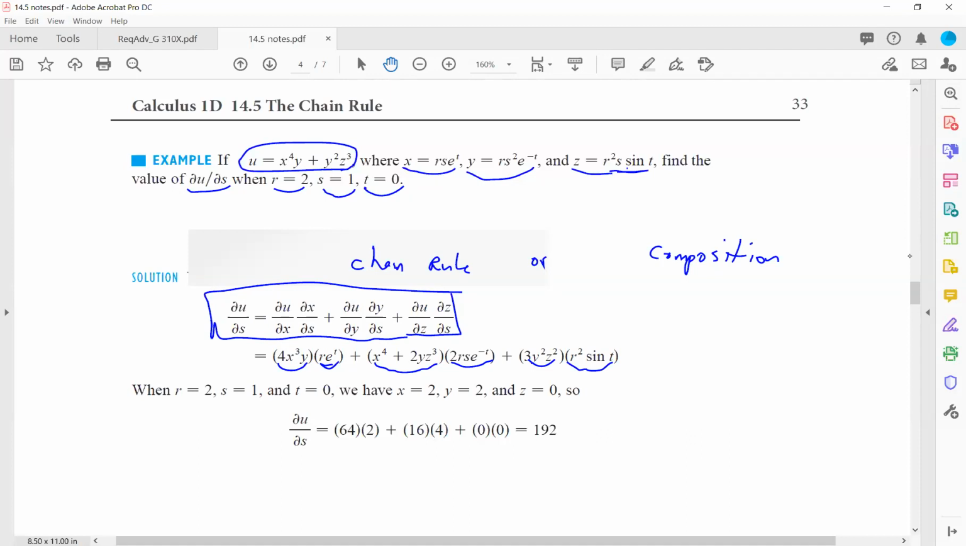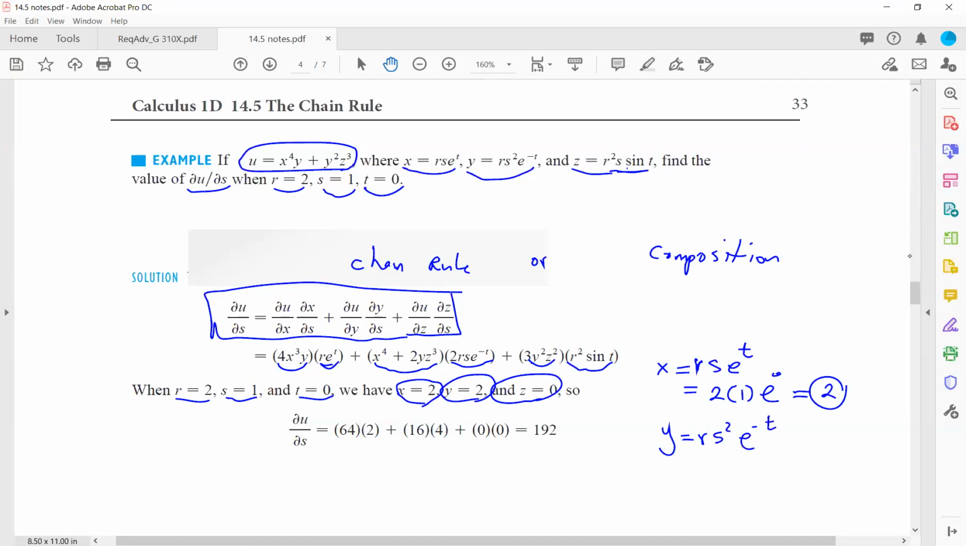At this step, you're allowed to use the numbers and plug them in to find your x, y, and z. So your x is r s e to the t. What is my r? R is 2, s is 1, t is 0, so x is 2. My y is r s squared e to negative t. My r is 2, my s is 1, my t is 0, so this is just 1 over e to 0, which is 2. And finally, my z is equal to r squared s sine t, and I know that